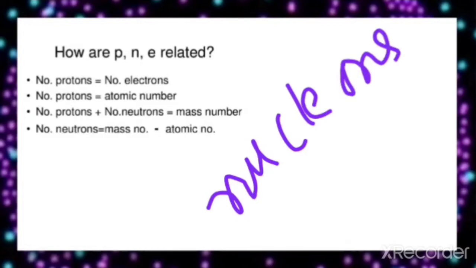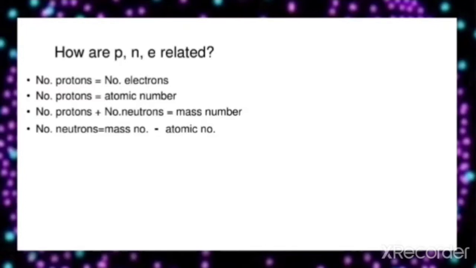So what are nucleons? Protons and neutrons which are present in the nucleus of an atom are also called nucleons. So the mass of the atom resides in the nucleus. Therefore, we can say that the mass number for an atom must be equal to the number of protons and neutrons present in that atom. What is a mass number? The mass number for an atom must be equal to the sum of the protons and neutrons present in that atom. So that gives rise to the mass number.